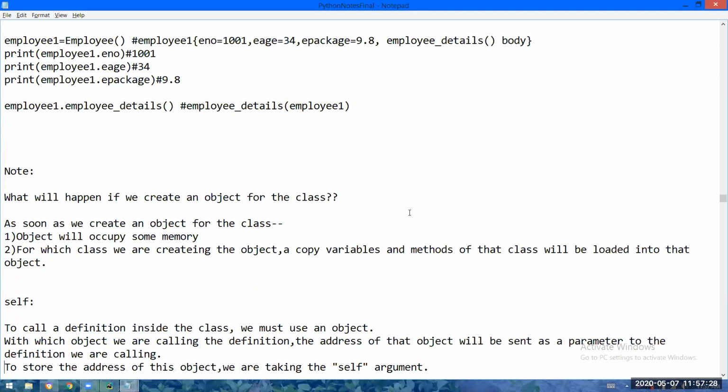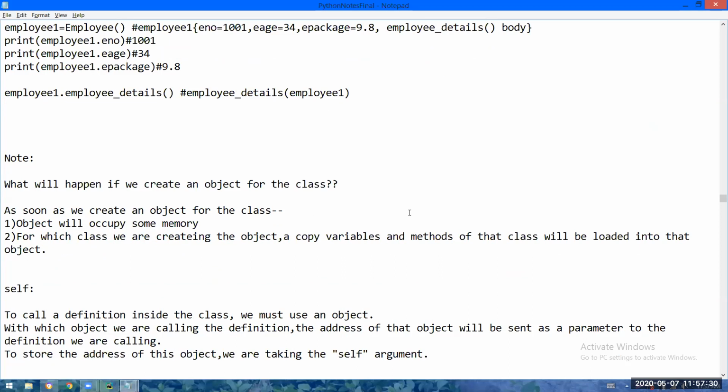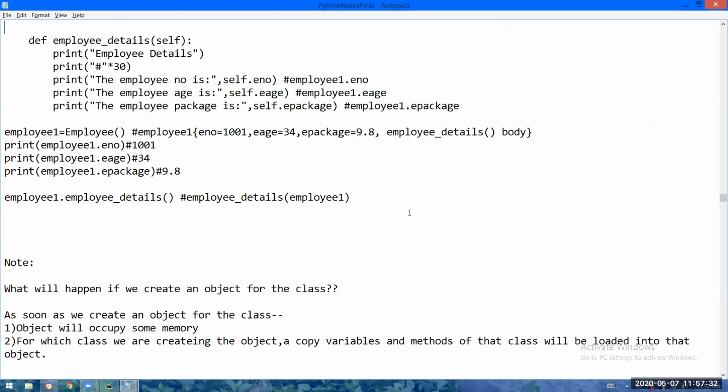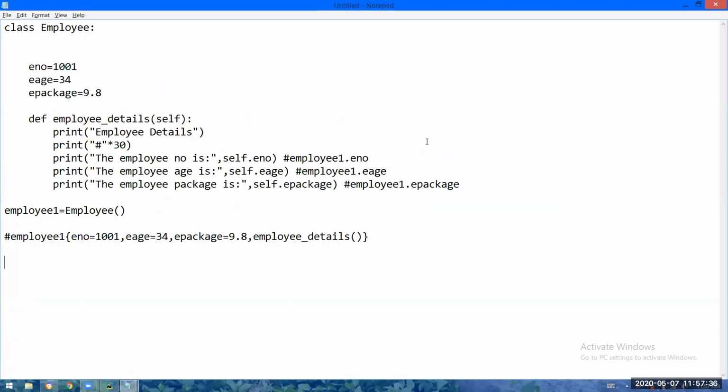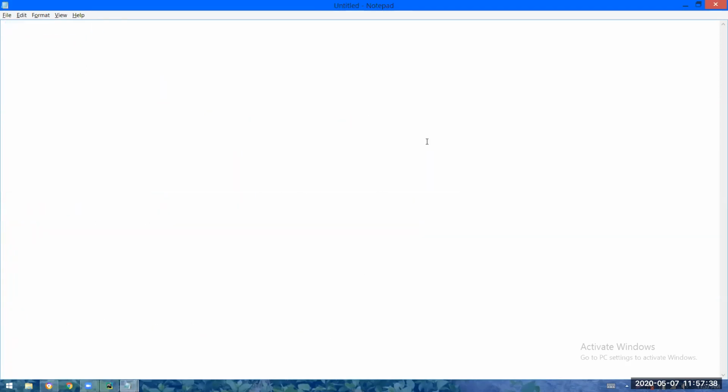So now I will tell you what is self. And this is a bit confusing, but it's okay. We can understand, not a problem. So now I will write some piece of code. You tell me whether there is an error or what is the problem or there is no error. Some code I'm putting here. Now please tell me, is there any error in the code?